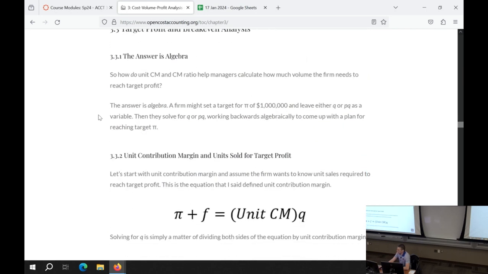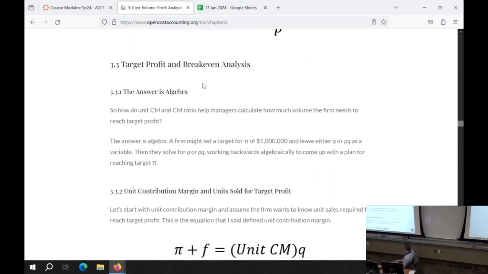Then great. All right, so target profit analysis and break-even analysis. So two of the questions that we have to answer using a continuous variable is we have to solve for the quantity we're going to make, the volume we have to sell to break even, or to make a target profit. Usually it's because we have to make that much to sell to pay back the creditors or owners of the firm or whatever. We can do that in the quantity of units being sold or in the total revenue being earned, or total sales. And so these two problems sound like they might be different, but they're actually the same. Break-even analysis is a special case of target profit analysis where the target profit is 0. So it's the simplest case of target profit analysis.